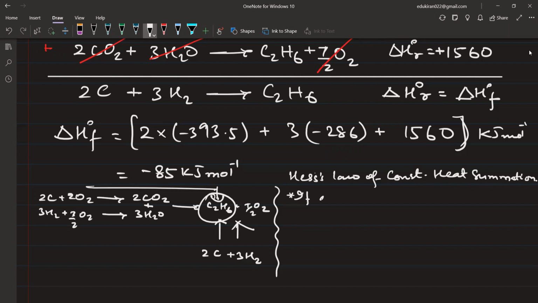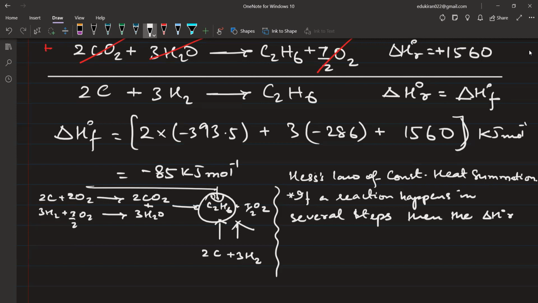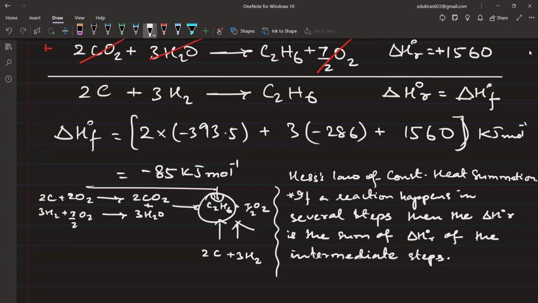If a reaction happens in several steps, then the delta H naught R is the sum of delta H naught R of the intermediate steps. Another statement for the same law is